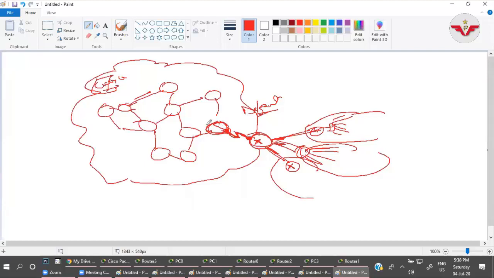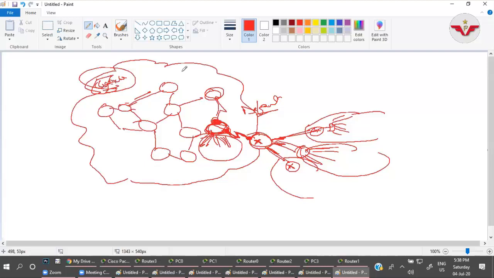Suppose this router is also somewhere an ISP, providing the network to someone. He knows about this network, he does not know about this network, so he will configure default routing here. This is doing the same thing. So ultimately by doing that only I am reaching this Google server. Is it clear now?